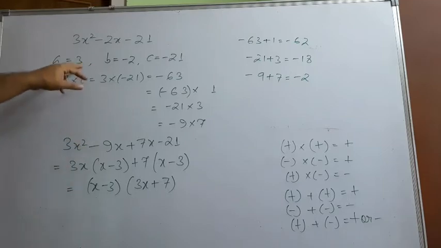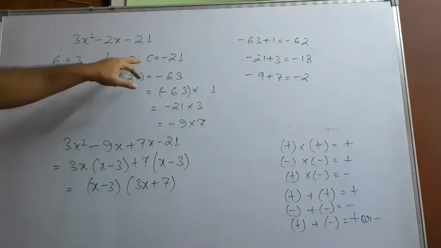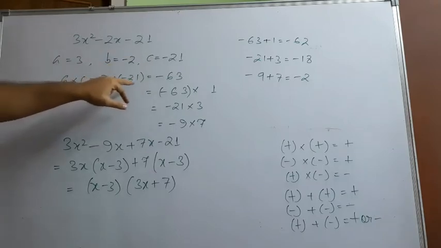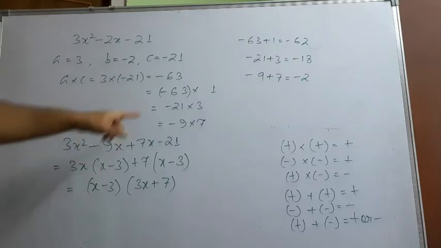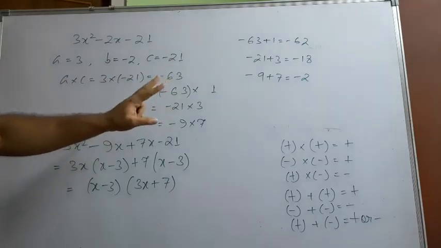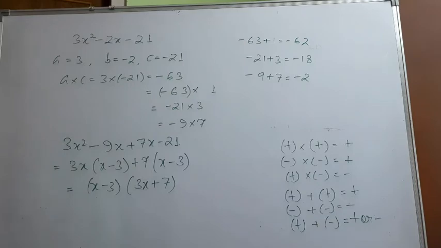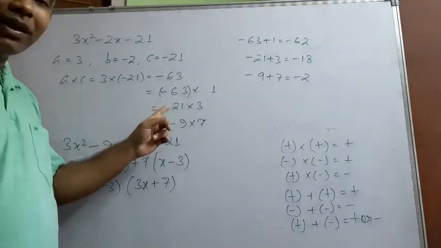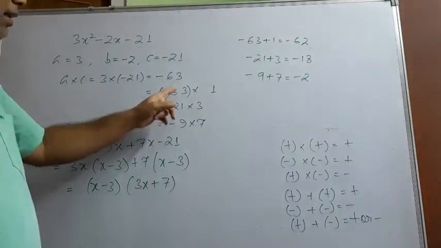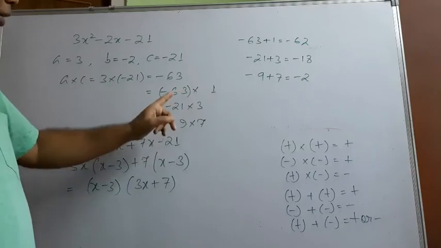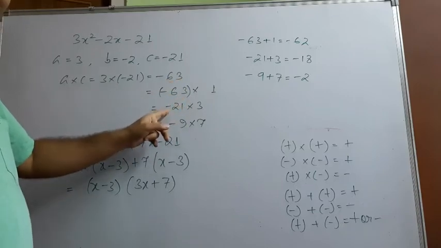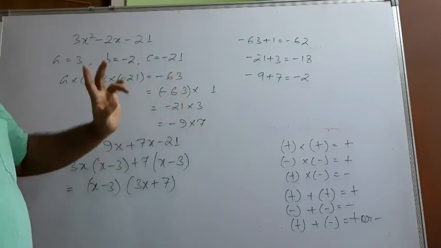Okay, here you see A positive, B negative, C negative. If you multiply A and C, a positive number, when you multiply it with a negative number, obviously the answer is negative. So when you factorize a negative number, out of the two factors, one factor will be positive, one factor will be negative. But here as B is a negative number, the bigger factor must be negative. So when you factorize, say, 63 as 63 and 1, out of this one factor must be negative, the bigger one is negative. 21 threes are 63, bigger one is negative, minus 9 and 7, minus 63.